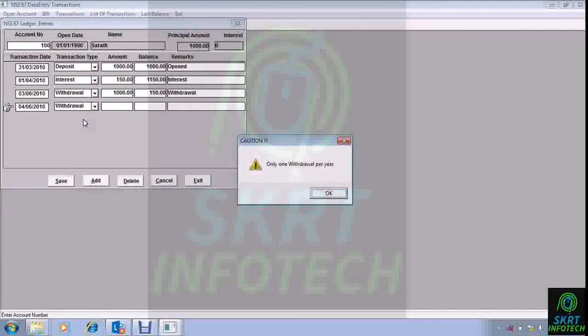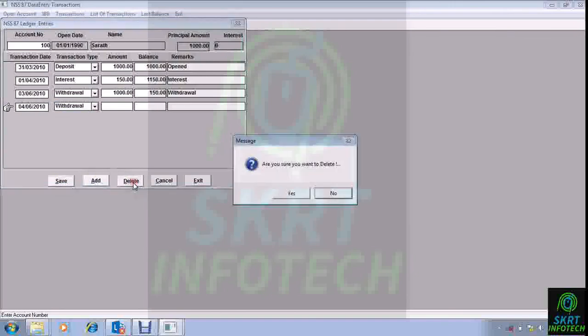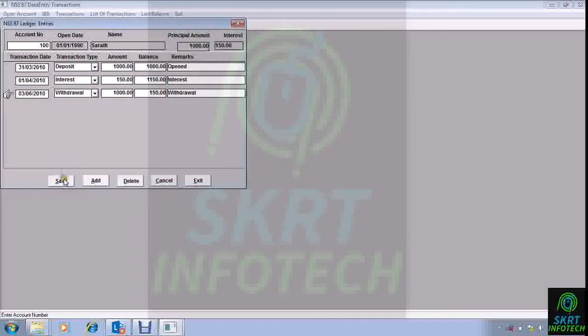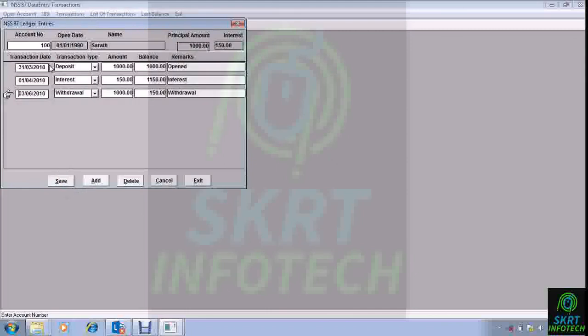Okay, so this is throwing an error that only one withdrawal per year is allowed. So you have to know that you have already done a withdrawal and you cannot do another withdrawal for that customer for that particular year. So you can delete this last row, give save, and the data will get saved.